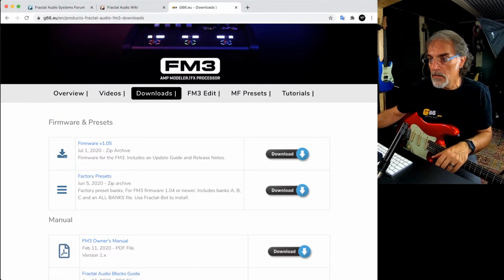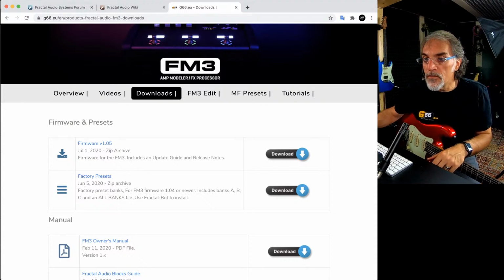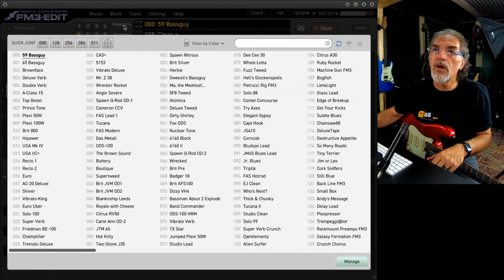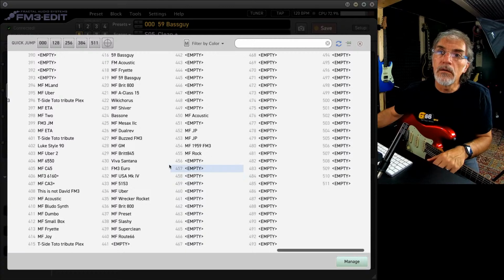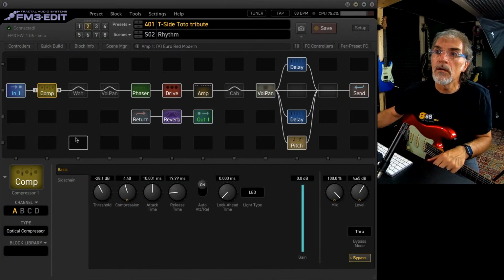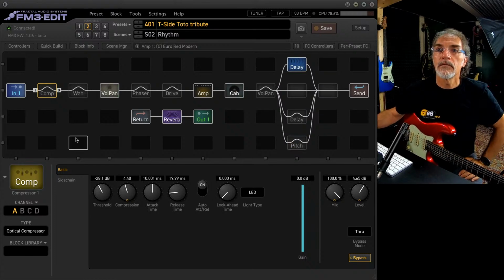As you can see, I show you, for example, here, one of my presets that are really complex. For example, this one. Let's have a look at this preset. It's really complex.